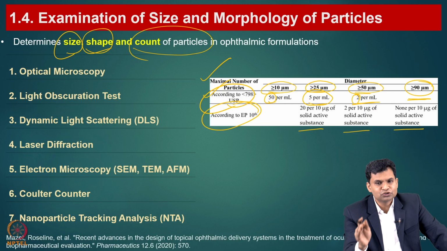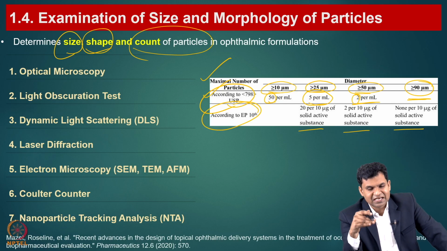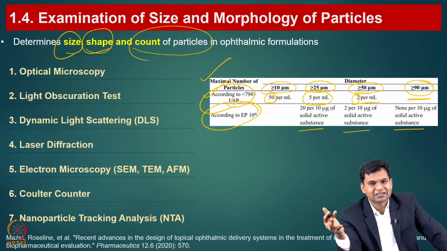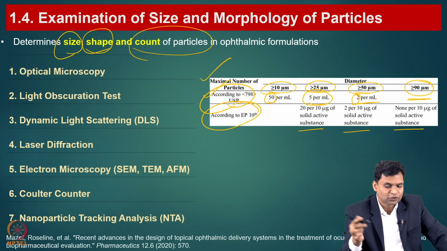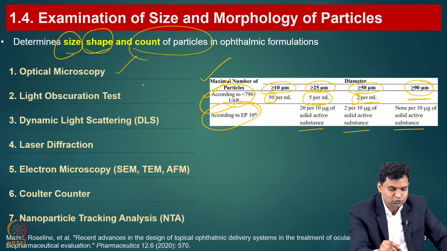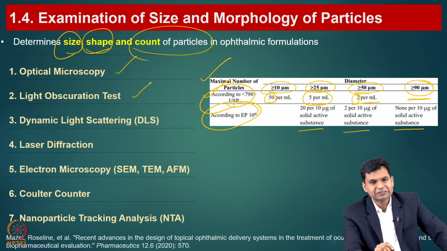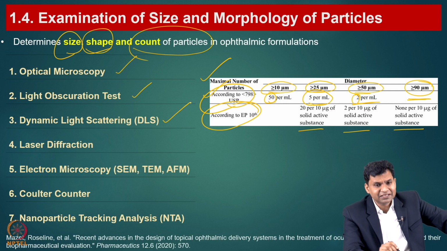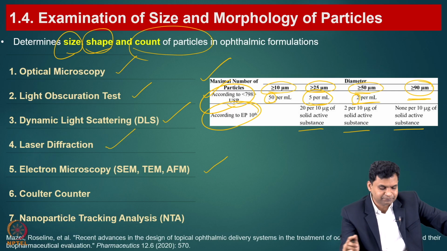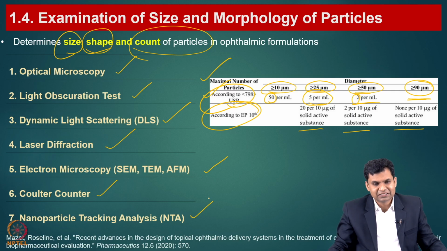That is why we should know the size as well as the shape and number of particles present in your formulation. Using optical microscopy, light obscuration test, dynamic light scattering, laser diffraction, electron microscopy, SEM, TEM, AFM, the Coulter counter method, and also nanoparticle tracking analysis, we can understand the size and morphology